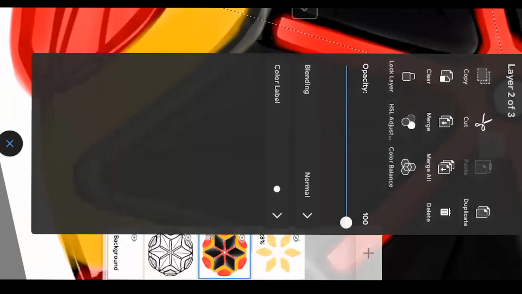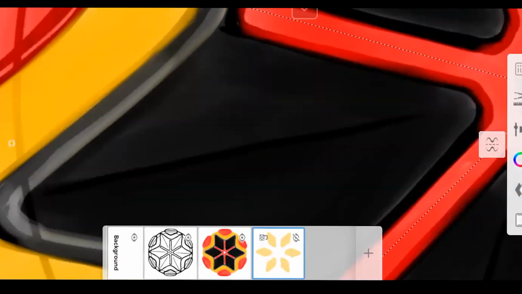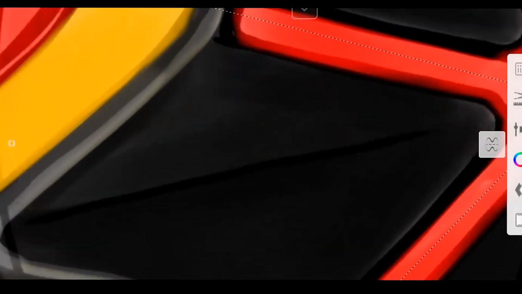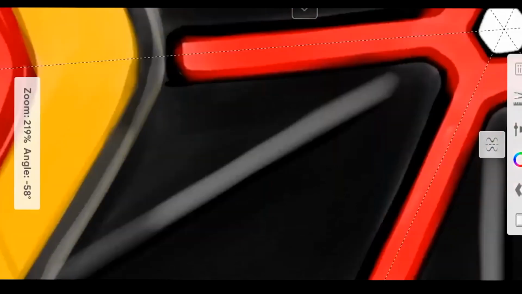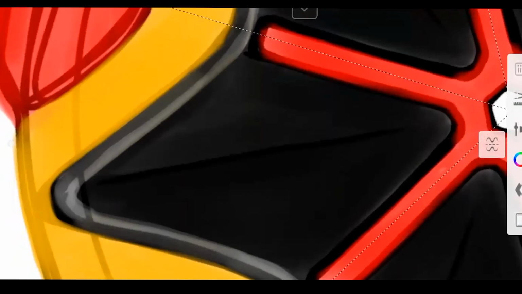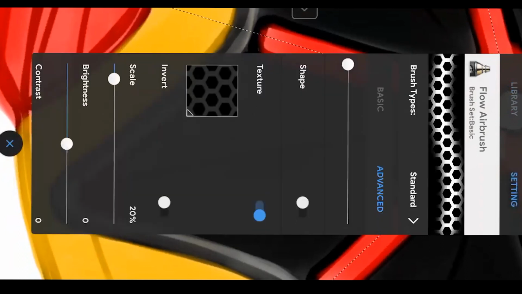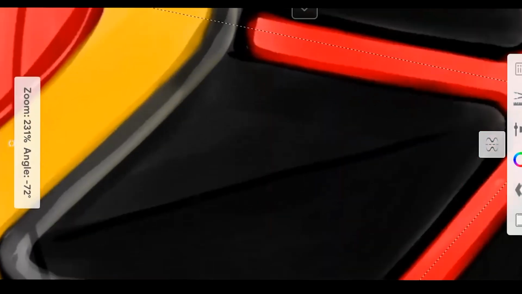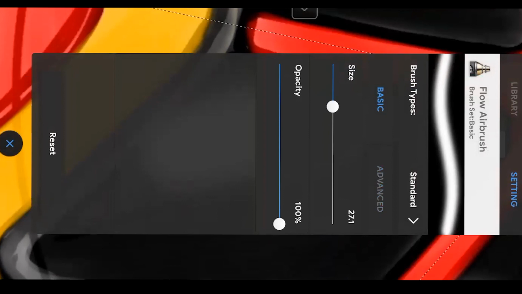So I would like to use white here also, but for that I will again have to use another layer, and then I will drag this layer here and use white color itself. Now if I use the pastel again, then the white will appear brighter, so I don't want that. So I will use this airbrush, and for the time being I will switch off the texture mode, and I will reduce the size a little bit.